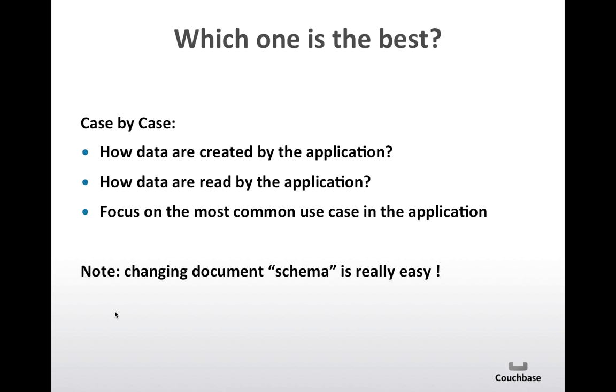I have an order, an invoice, and inside this invoice, I have a set of items. I will create two tables. Yes, it's great. This is how we have learned at school for many years. But at the same time, when you look at the way you deal with it inside your application, it's not necessarily exactly like that. When you create it, you create an invoice and items, but when you expose it to the page, it could be very useful to do that in one single call and put that in one single document. And because the invoice, most of the time, you will just read it and print it or send it by mail, the read is more important than the creation.